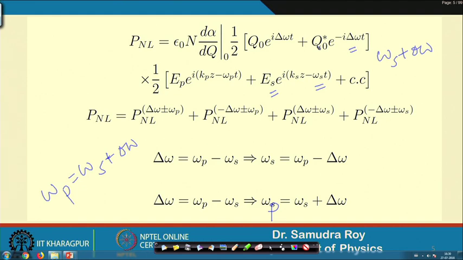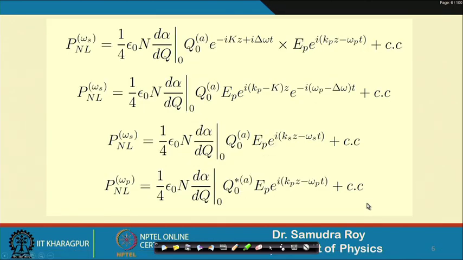So, this E s and Q 0 should be there in the P nonlinear term, which contains a frequency omega p. Here by mistake I have written E p, it should be E s. Please note that it should be E s, because E s and this should multiply. It should be E s, so that the frequency component can come correctly. Anyway,